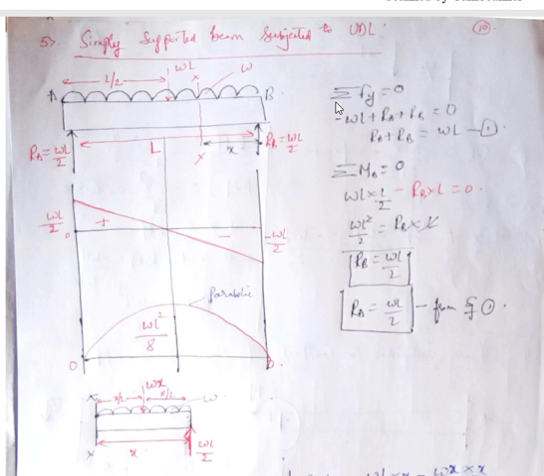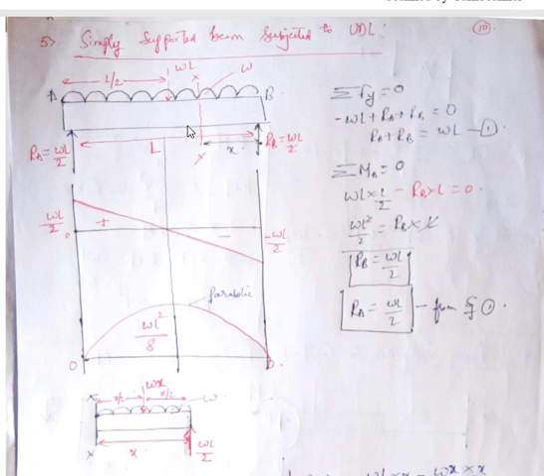Now for calculating reaction force, there are no horizontal forces, so summation of Fx we cannot use. Directly you can start with summation of Fy, because for static equilibrium we have summation of Fx equal to 0, summation of Fy equal to 0, and summation of moment about any point, it may be point A, point B, or here also you can take point C, equal to 0. Only then will the beam be in a stationary condition. Otherwise, if it is in a non-equilibrium condition, it will move either up and down or left or right. I'm not talking about bending, directly moving the beam.